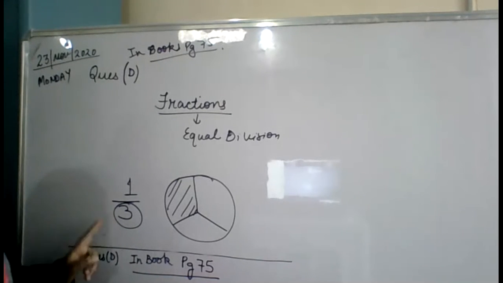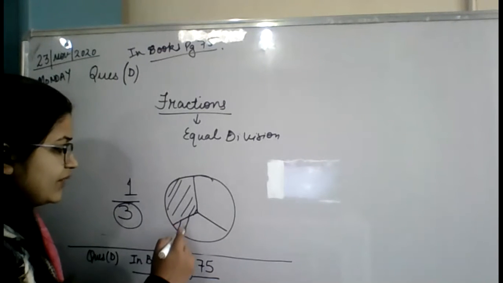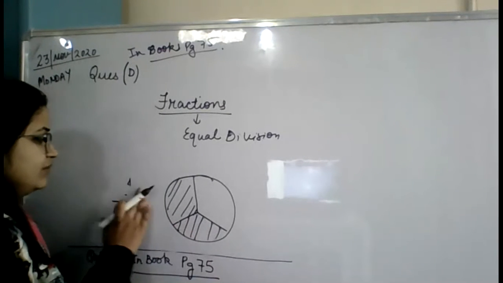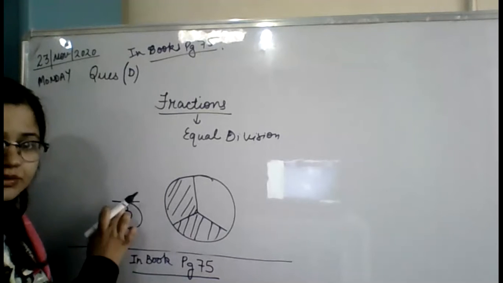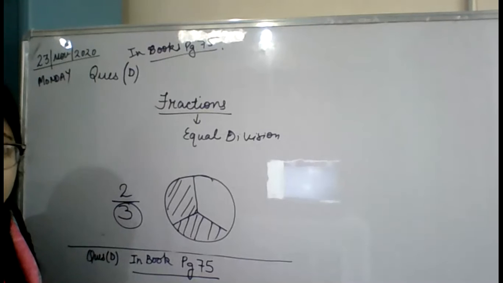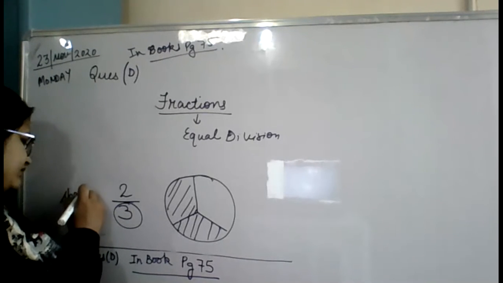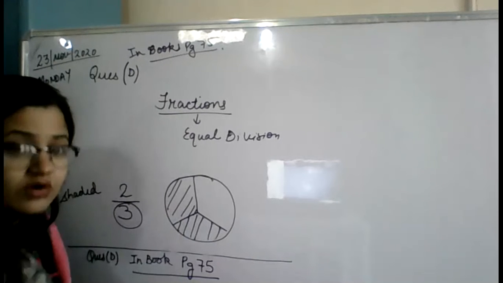So 1/3 out of total parts. If you color 2 parts out of it, that means how many parts out of 3 parts? How many are shaded? 2/3 are shaded. 2/3 is the shaded part. And if I ask you the non-shaded part,